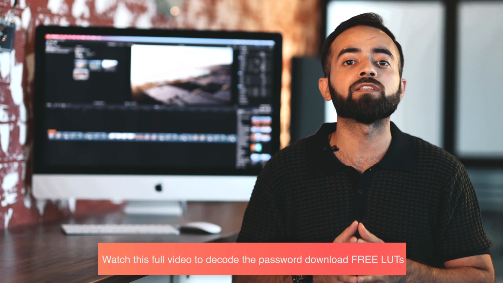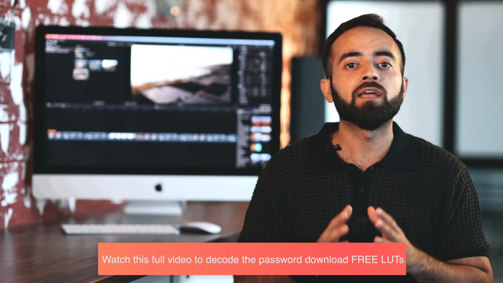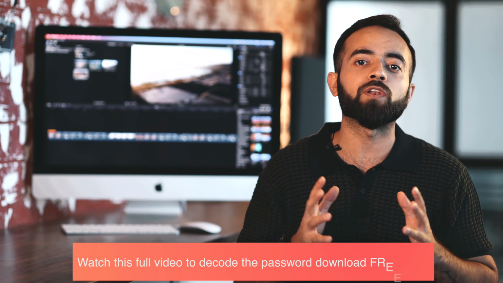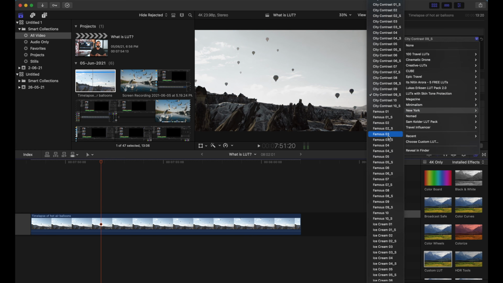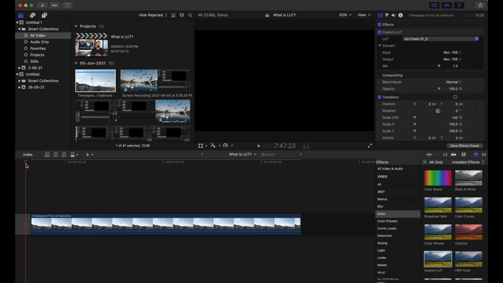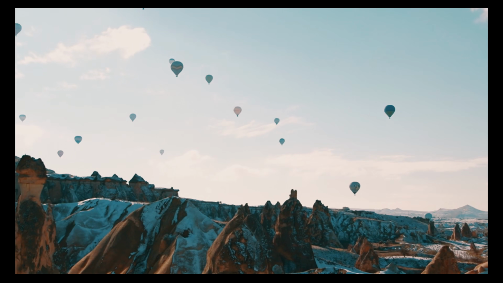Before I show you which LUTs you're going to get for free, let me tell you what a LUT is. A LUT, or what we call a lookup table, holds a set of numbers that are looked up by the software and hardware you are using to deliberately change the colors of an image. LUTs can be technical, creative or camera specific. For example, Canon has produced LUTs for its Cinema EOS cameras that convert Canon Log footage to Rec 709 or Cineon. Some LUTs change saturation, some change contrast, whereas some can change the whole look and feel of the footage.